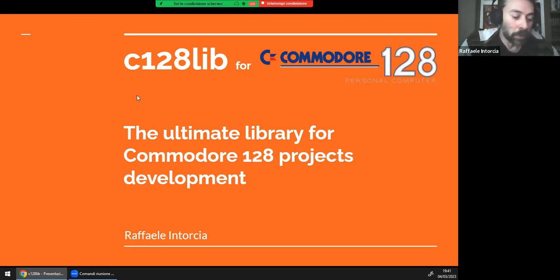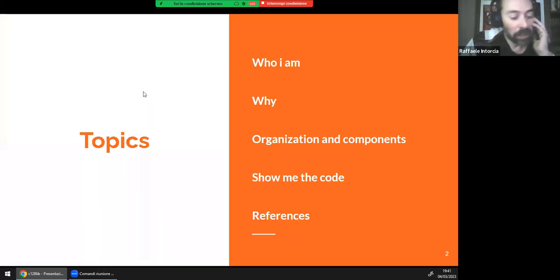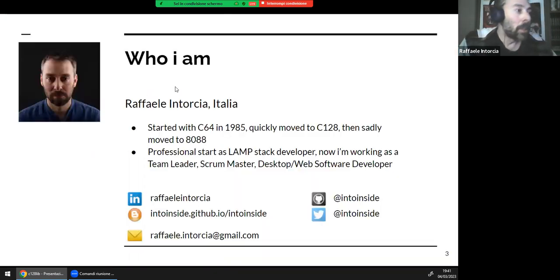I'll introduce you C128 lib, a new library for creating games and applications on Commodore 128 using assembly. In this presentation, I'll show you some information like who I am, why I chose to create this library, how this library is organized, and what the main components are. Obviously, we'll see some code. I'm a developer, I like theory, but I need code. And then the references for using this library or to contact me. So we can start